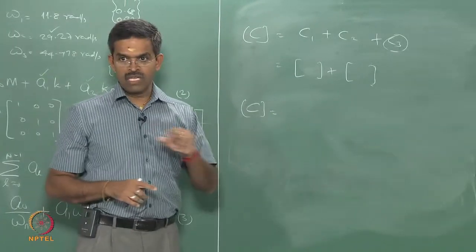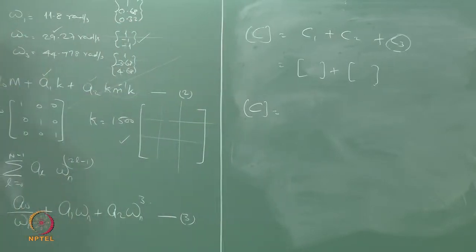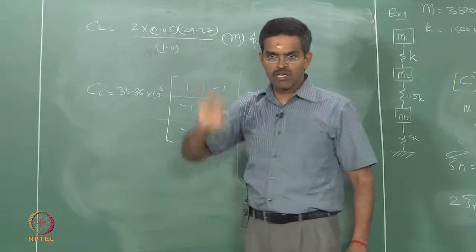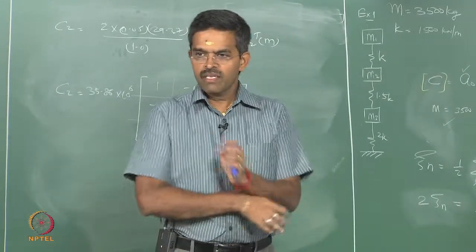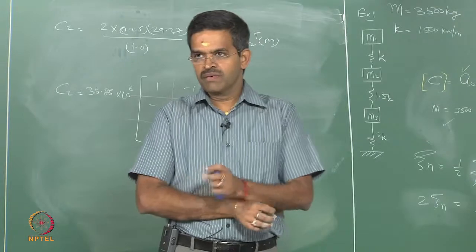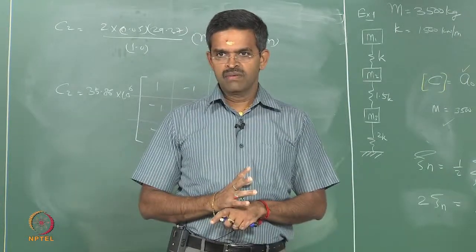It is not that the third mode damping ratio is lesser. Please, this is where people misunderstand. The damping ratio is constant in all the modes. Why does it have to be constant? First question is asked, but you have not answered that. It is required because that is what is called classical damping. It should be uniformly spread throughout the entire structure.